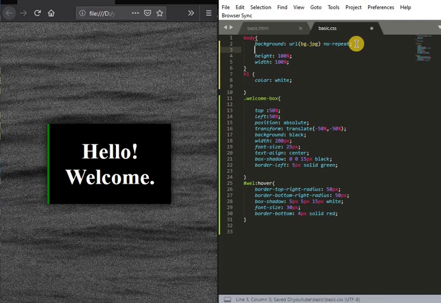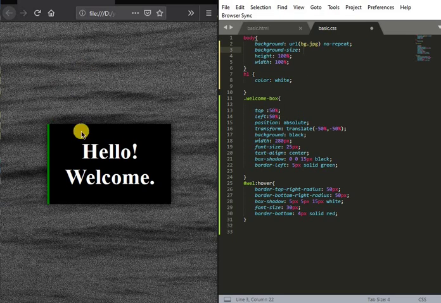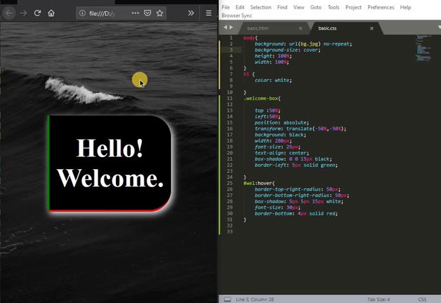Now there is another property, background size. Background size indicates what kind of background it is. So we can use cover for now, I guess. So now see, now the background is this, with height 100 and it is the cover.